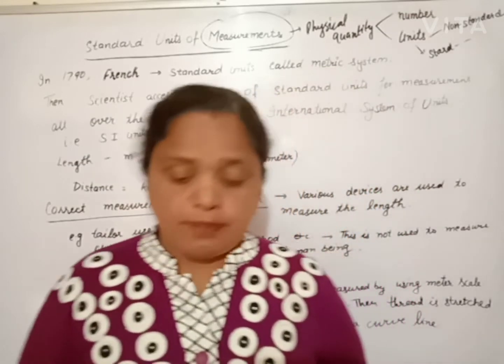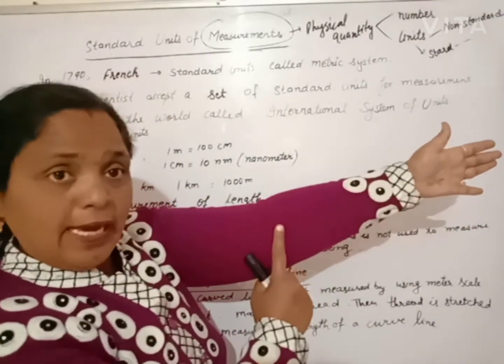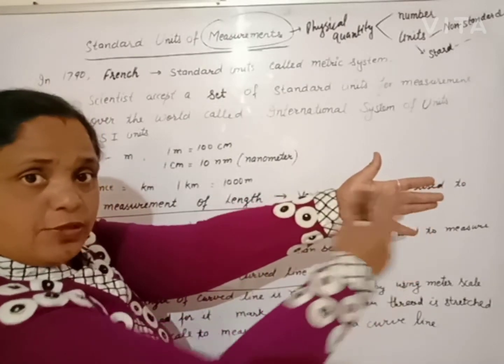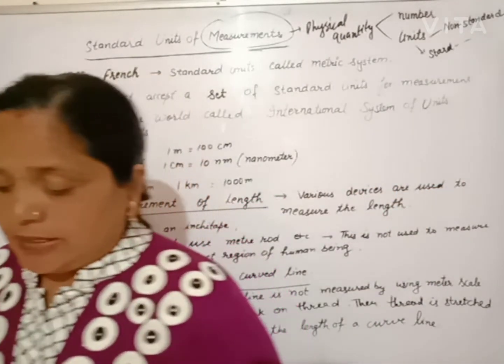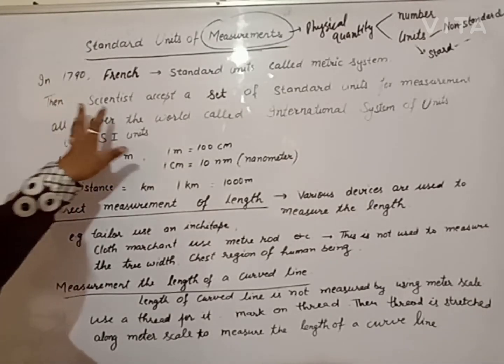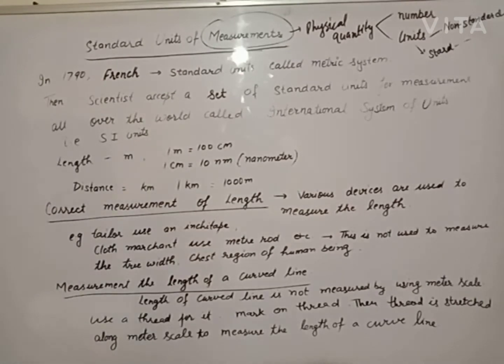fathom. Cubit. Beta, cubit is the distance between elbow and end of the hand. Elbow and this one is the cubit. And another non-standardized unit is foot. Clear? When you are playing, you measure the distance of a room from one wall to another by using foot or by using your hand's palm, just like this, or by using other methods. When you are playing, you use this type of non-standardized unit.